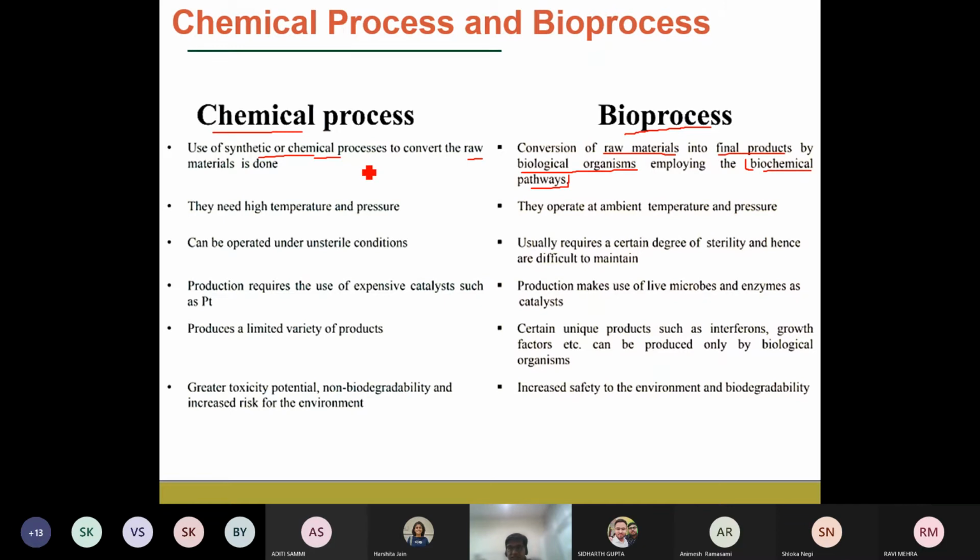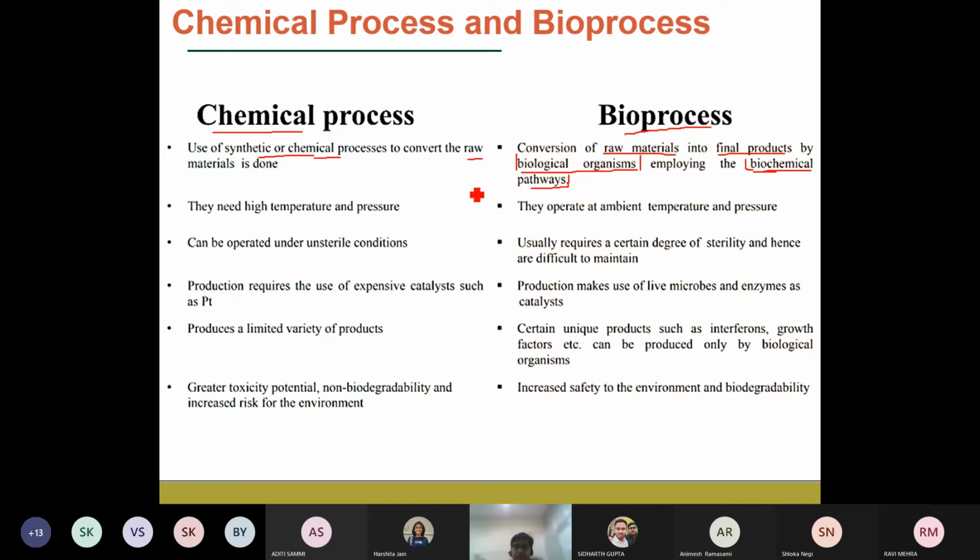In organic chemistry, until about class 12, everyone has gone through the mechanisms, right? How the catalyst is acting, what the active site is, for any chemical reaction. But in this case, if you want to understand the mechanism, you have to look into the biochemical pathway of that particular biological organism, how it uses any carbon source, and how it converts that carbon source into the desired final products. So this is how the bioprocess works, and the chemical process is different.